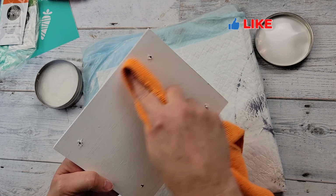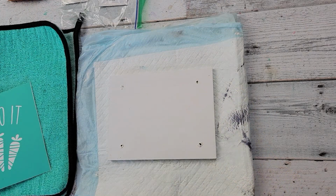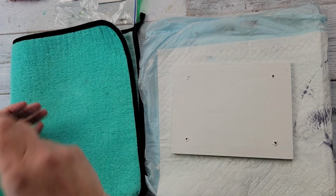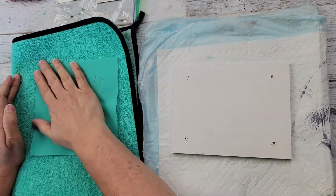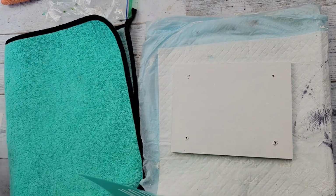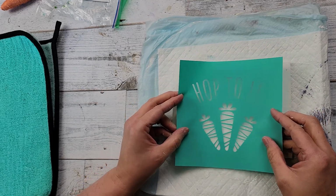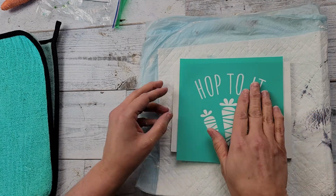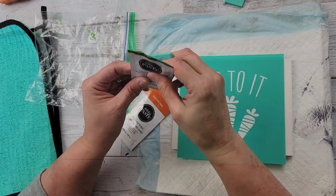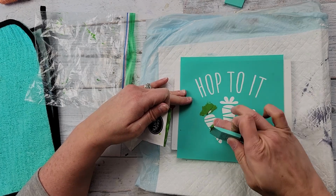And then once it is all dry, I'm going to take this transfer and I'm going to fuzz it, because this is the first time I have used it. Whenever you use a transfer the first time, you want to fuzz it so it's not so sticky, because it will stick too much to your surface and it will stretch when you pull it off, and it can ruin it. So once I have it fuzzed, I was just testing it there, making sure it was coming off easy. I centered it, put it where I wanted, and then I'm taking my Meadow chalk paste